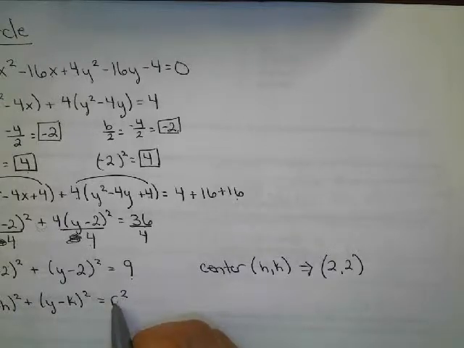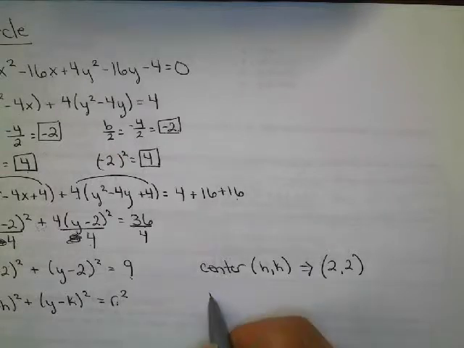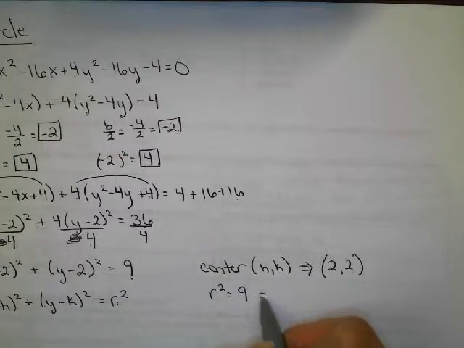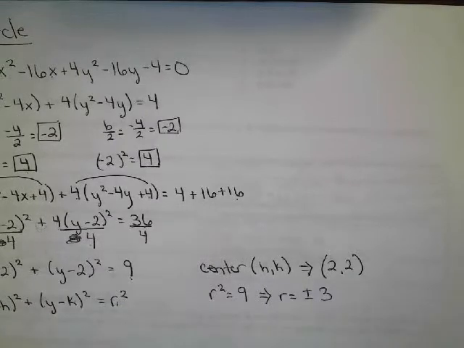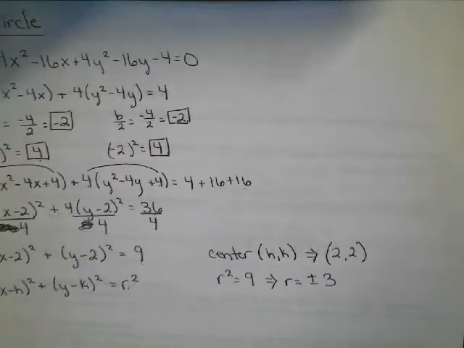And if you look here, the equation is always equal to r squared. So in this case, r squared is 9 for us, which means our radius has to be plus or minus 3. So then when I graph this,